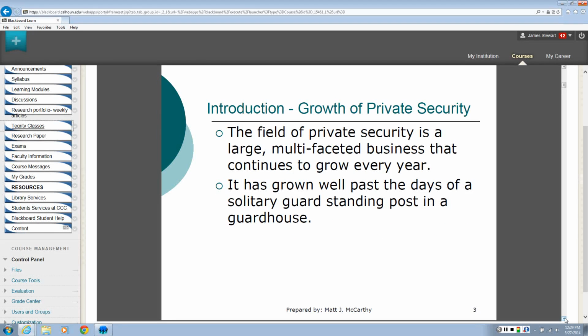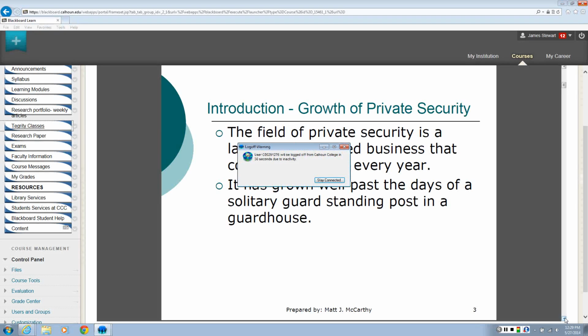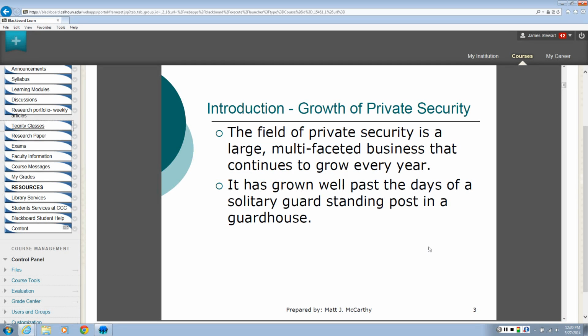So the field of private security is a large, multifaceted business that continues to grow every year, and it's well past the days of the solitary guard standing watch at a guard shack somewhere, or looking in lunch boxes in some sort of manufacturing facility to make sure people aren't taking stuff out or bringing stuff in. It's gone so far beyond that. We have so many different jobs in the security industry at this